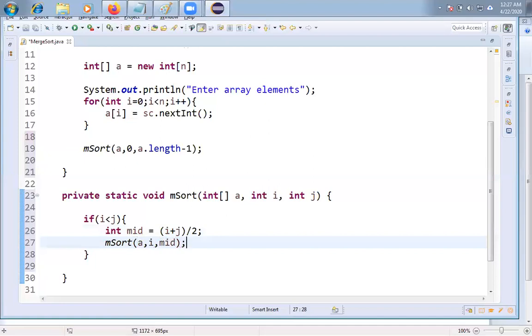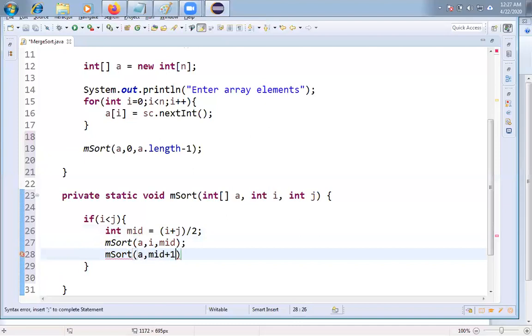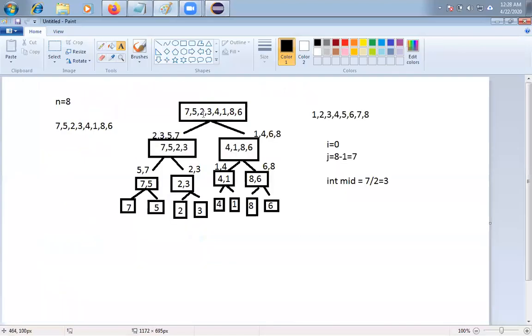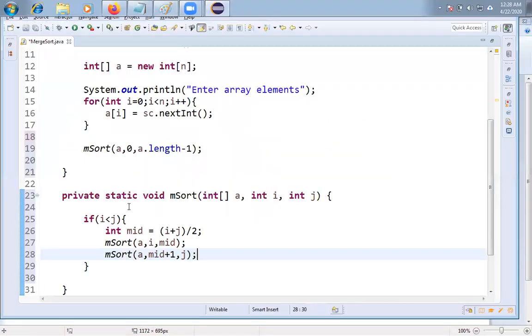So that is the first part. What about the second part, friends? I am passing the array. So mid plus one, I have already taken till mid, so from the next onwards, mid plus one comma j I am taking, friends. Then it continues till you get one element. So i less than j, that means till you get one element. So we started here and go till here, friends. So the array will be split.